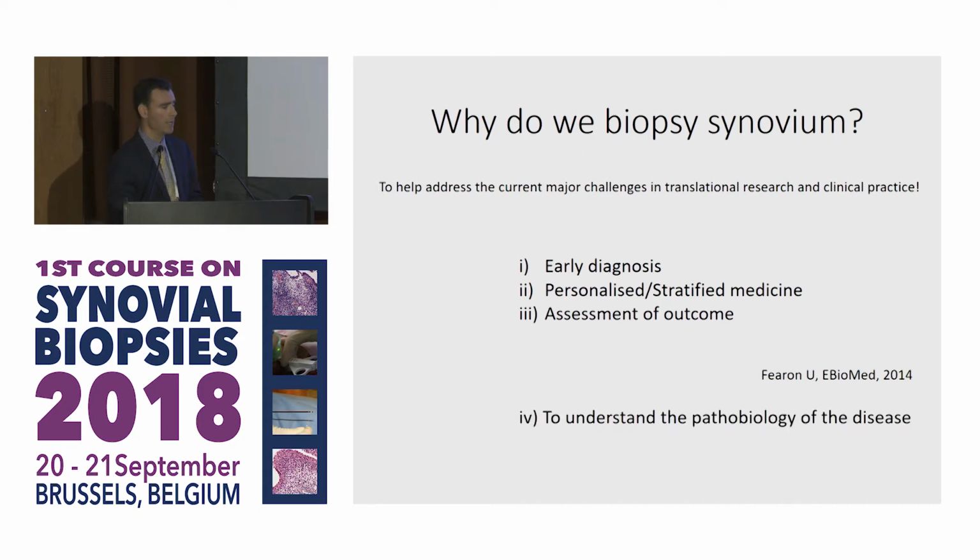And to that I add that we get a significant understanding of the pathobiology of the disease by examining the tissue at source. Remember that the main target tissue of rheumatoid arthritis or the inflammatory arthritis is the actual synovium. And if you go to a dermatologist with a skin problem that's not clear to them, they'll biopsy it. Bernard has mentioned this before. You go to a gastroenterologist and they see an abnormality, they'll biopsy it. We have sadly been late to the game in that. And I'm optimistic, although we're not quite there yet, that we can advocate for everybody to have synovial biopsies. But I'm optimistic that we'll find biomarkers that will be useful in the clinical setting, actually.